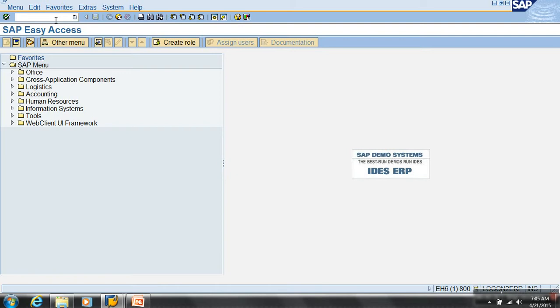But if you have to create a function model, it has to be created under what? Under a function group. So what is the purpose of the function group? When you create a function group, it actually creates two internal programs. One is called the top include and one is called the second include. The top include will have all the global declarations. Whatever I declare in the top include can be reused in all the function models I create under the function group. The top include program will have the global declarations.